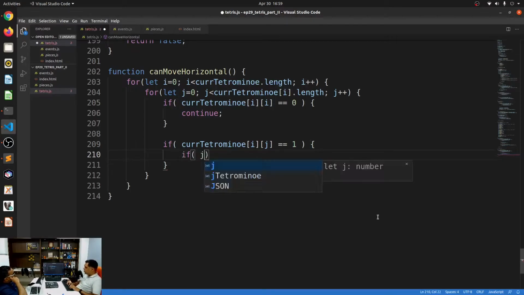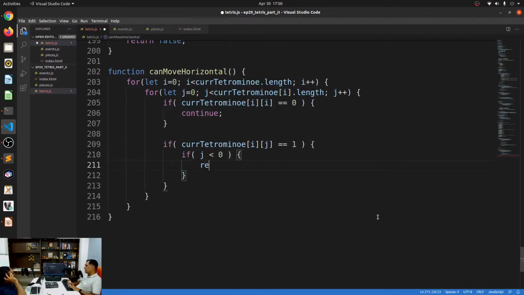If j is less than 0, then return false. Basically, it has gone too much on the left hand side. The same thing goes for the right hand side also.